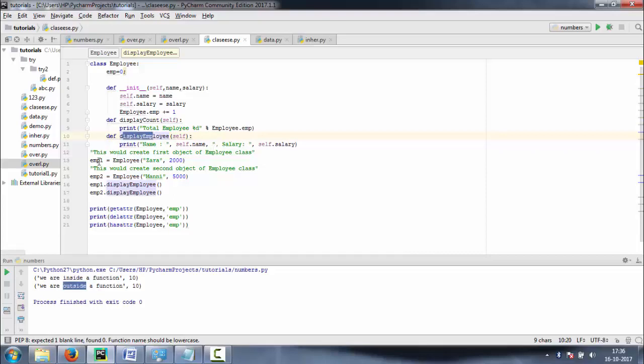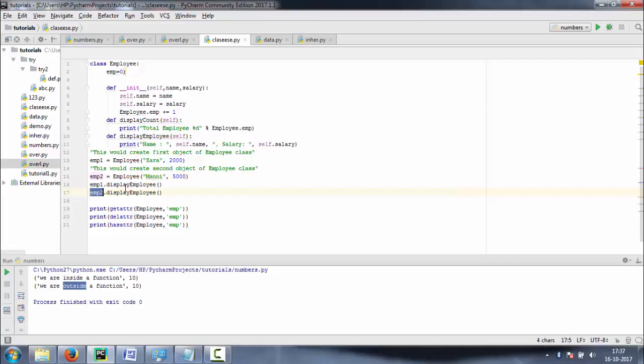After that, in the next statement we explain here. After completing this class structure, we create an object, and here we give the body to the object. It passes values to the class, like the name and the salary. In the same way, we declare a second object and pass the values.